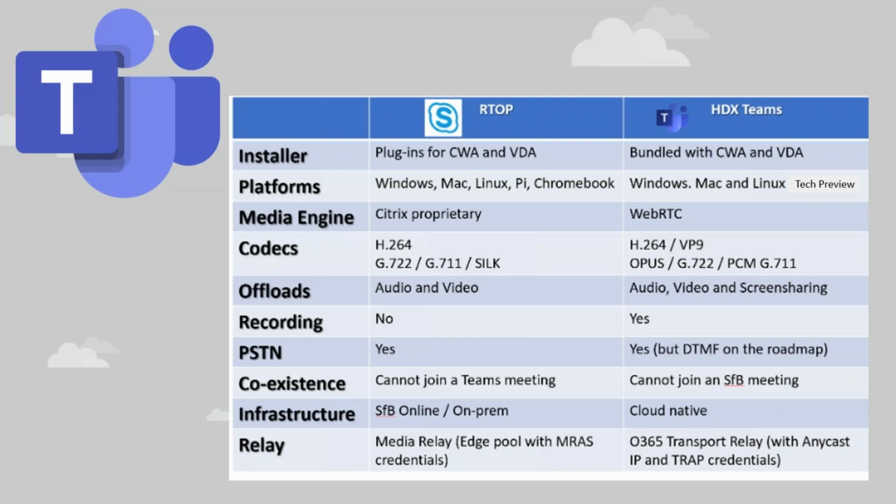We now have, and I like this a lot, we used to always have with Skype, you'd always have to install the media engine separately. In the past, you would have had to put the connector on the VDA, the versions would have to match, and you'd be playing around with it to make it work. With the HDX Teams optimization, it's built into both the VDA and the Workspace app. We're going to talk a little bit more about that now.